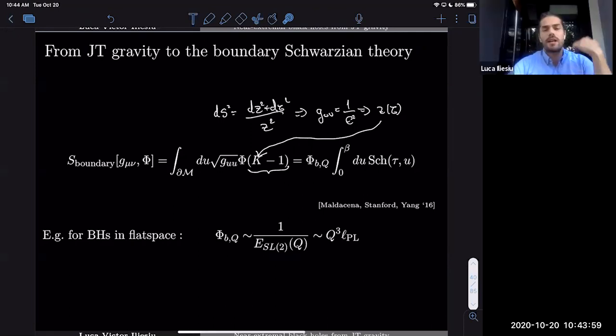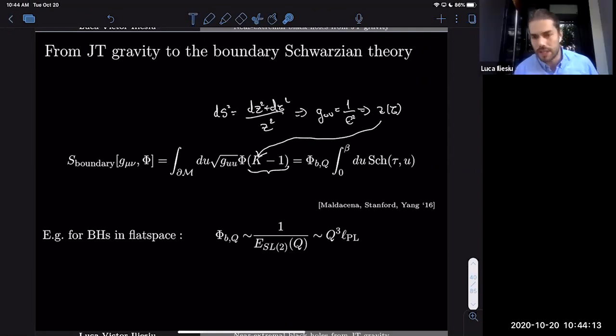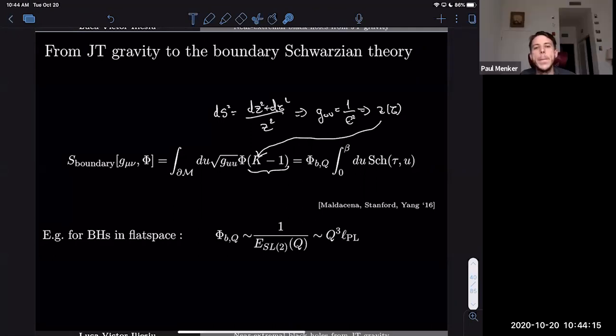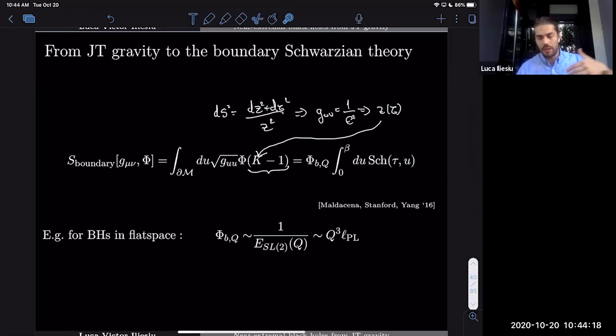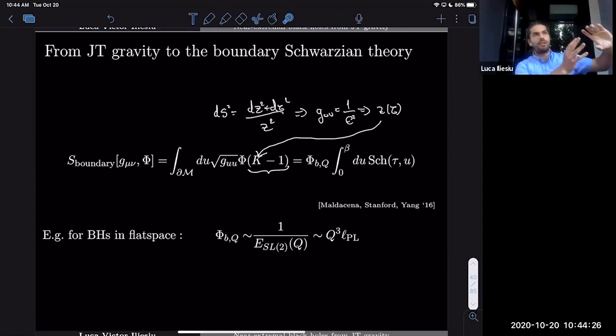Yes, so I'm not allowed in gravity to specify the exact location of the boundary. I cannot do that in a diffeomorphism invariant fashion, right? In principle, I should only fix diffeomorphism invariant quantities. And what I fix is the proper length of the boundary and the value of the dilaton. So in principle, because the near horizon region has a fluctuating metric, well, it's fixed to AdS2, but the exact location of the boundary is fluctuating. I don't actually specify where the boundary is.